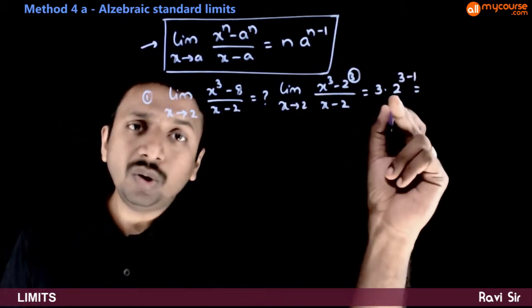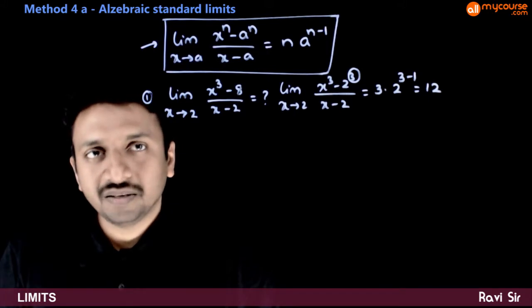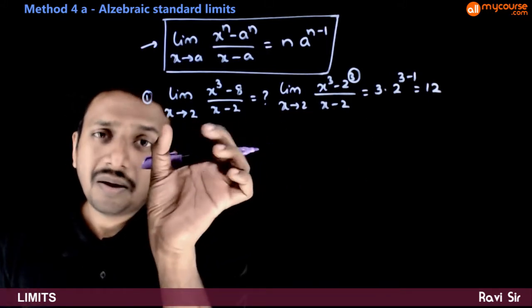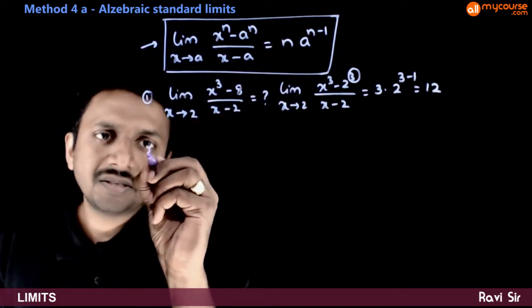So 3 into 2 square, that is 4, which is equal to 12. So this is one example in which you can use this. So next,